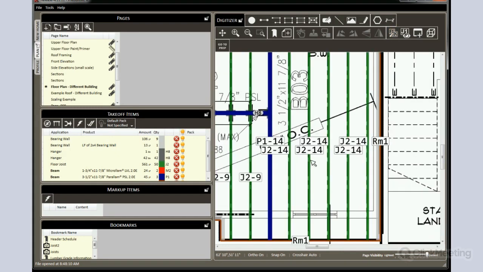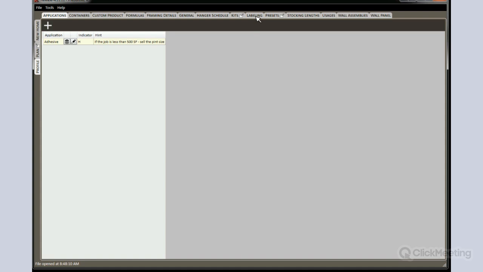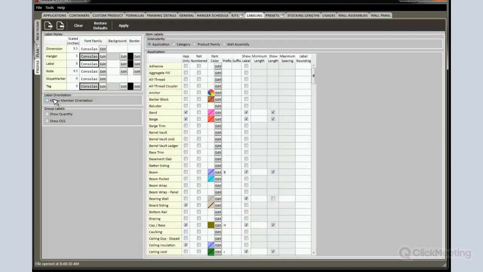But here's a good opportunity to talk also about another feature that we've made changes to when it comes to labeling, and that's the orientation of the label. So you can see right now all of the labels on the page, as they have been in previous releases, they're oriented basically just flat on the page or perfectly horizontal. But you now have the option to have your labels run in the orientation of the member that they're assigned to. So I'm going to come to the Profile Labeling tab, and you'll notice this new section over here, Label Orientation. I'm going to choose Follow Member Orientation, come back to Plan,